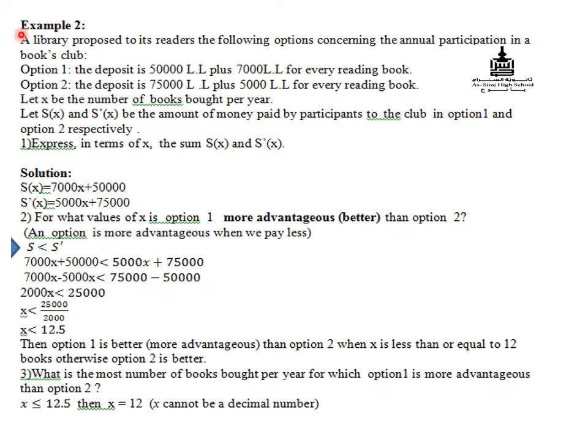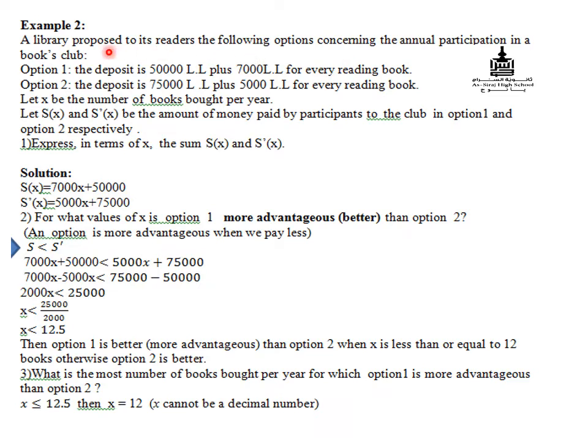Let's take example 2. A library proposed to its readers the following options concerning the annual participation in a books club, which means concerning the yearly participation in a book club. For option 1, the deposit is 50,000 Lebanese lira plus 7,000 Lebanese lira for every book, which means if the